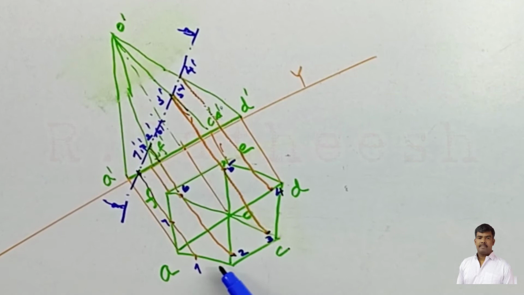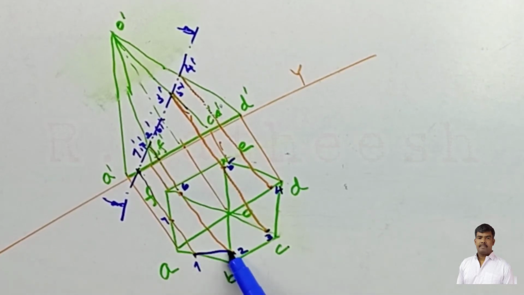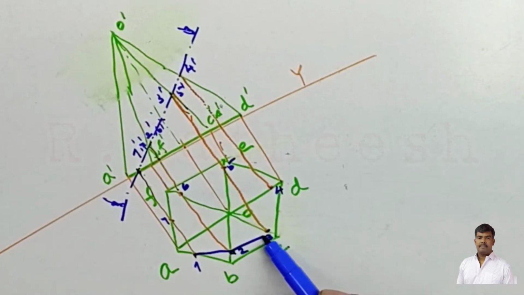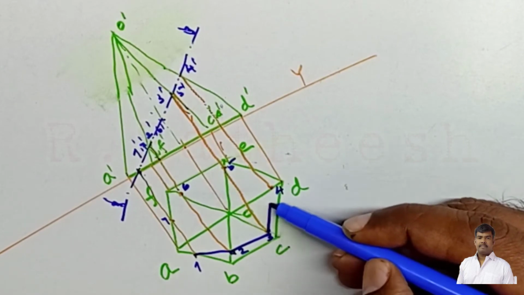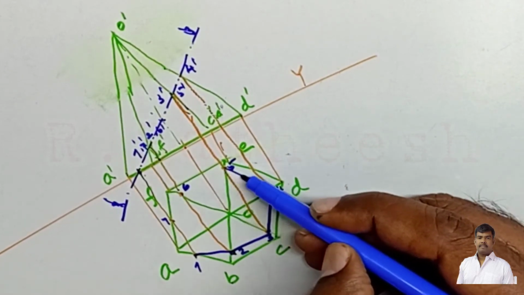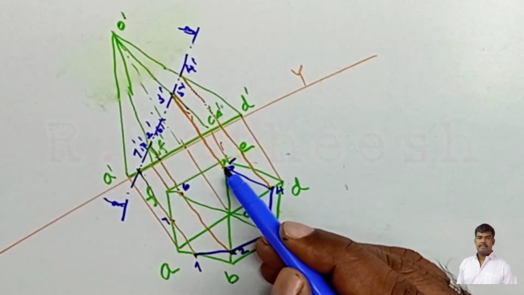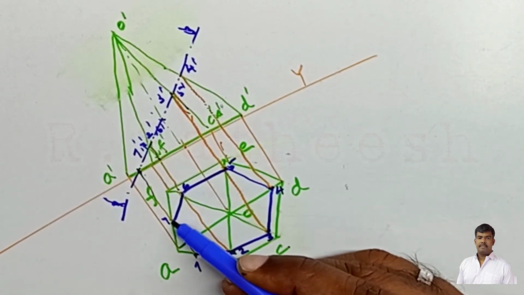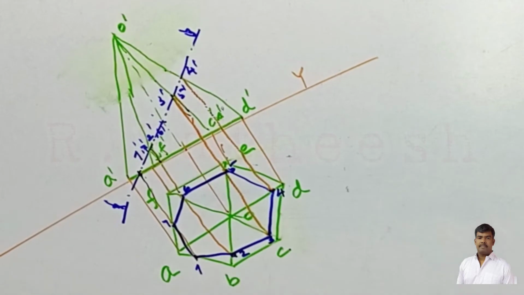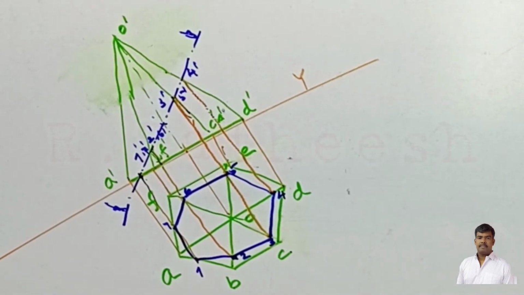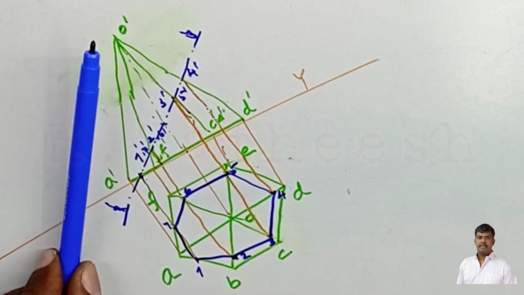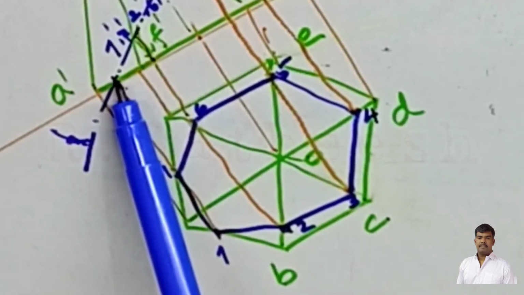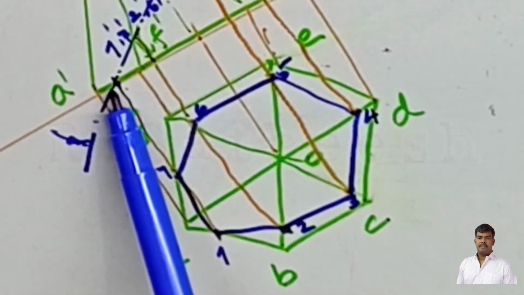Now the line joining 1 to 2, 2 to 3, 3 to 4, 4 to 5, 5 to 6, 6 to 7 and 7 to 1. Clear? Like this. So in this problem, it is cut and removed, which means here 7 to A to 1, that portion